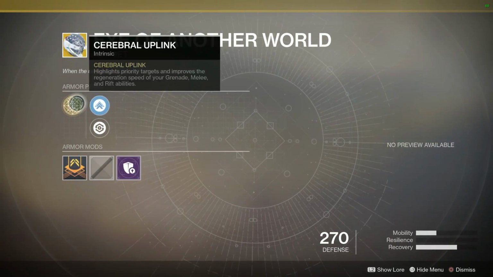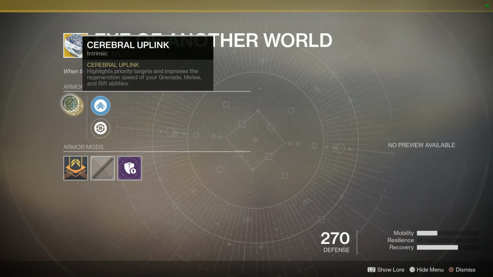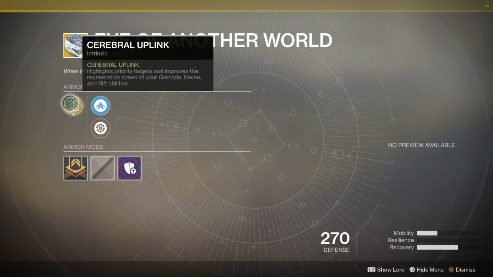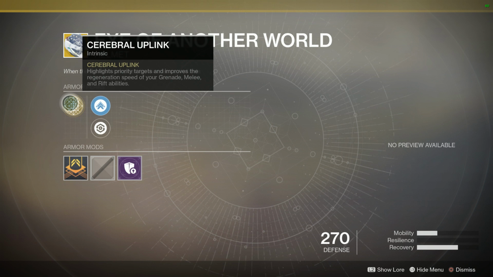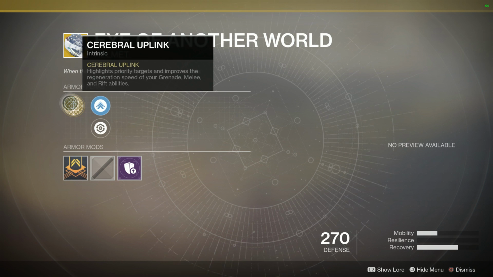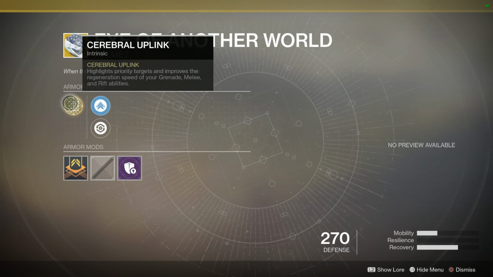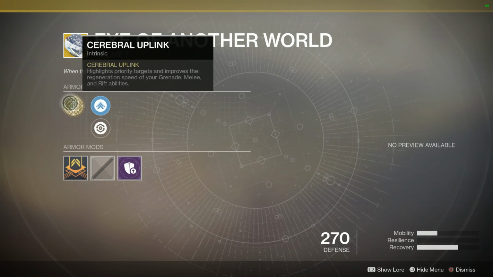I Have Another World. Highlights priority targets and improves the regeneration speed of your grenade, melee, and rift abilities. The highlighting of priority targets means it will highlight targets that are low health. In PvP, it's really easy to tell who is low health in a team fight, which is really great. That's actually a really nice ability. The improved regeneration speed of your grenade, melee, and rift abilities is just like using a mod for any of those slots. Yes, it does stack with using mods for those other slots, but